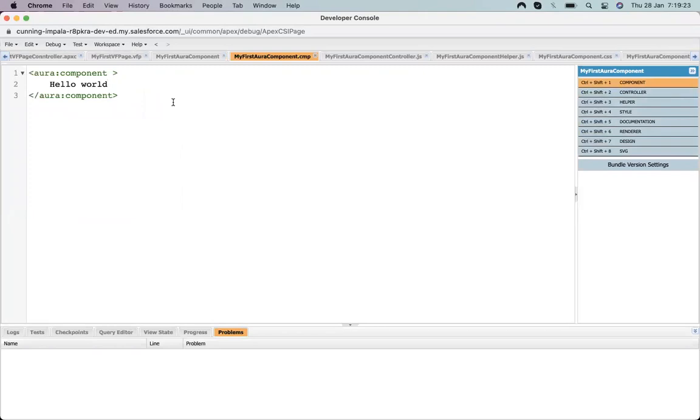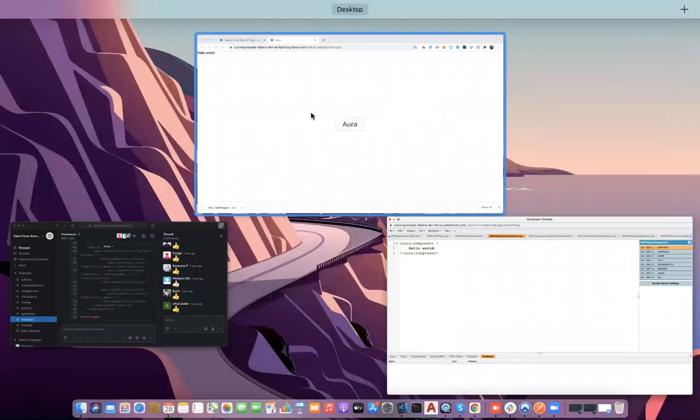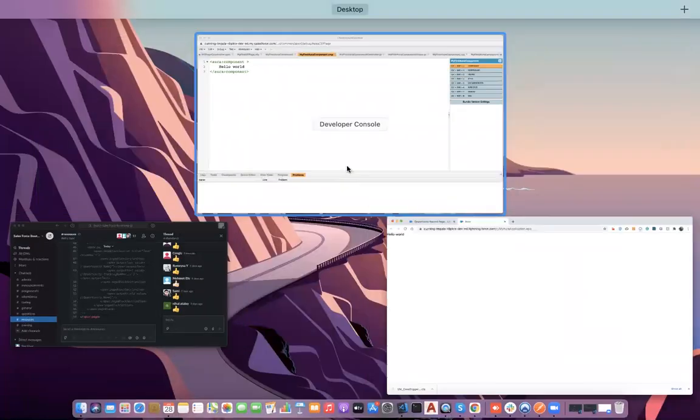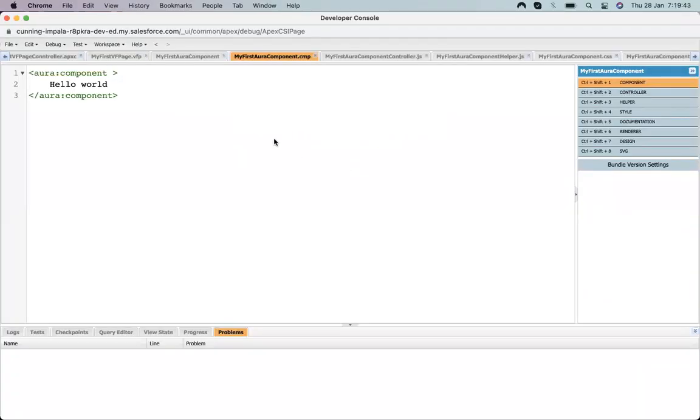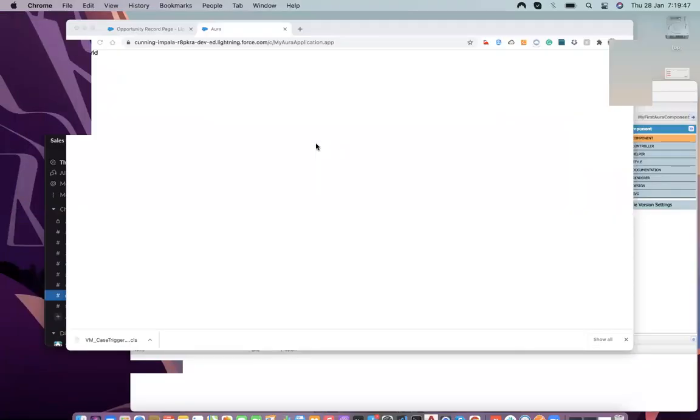Let's begin with some topics on how the components work and how a few things are present up here. For working on the Aura component, you always have to visit two places.